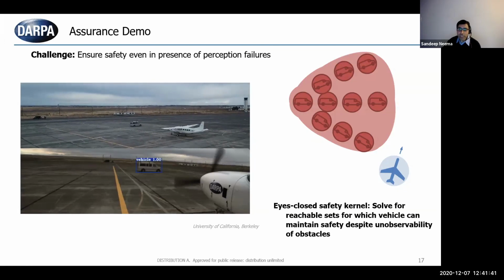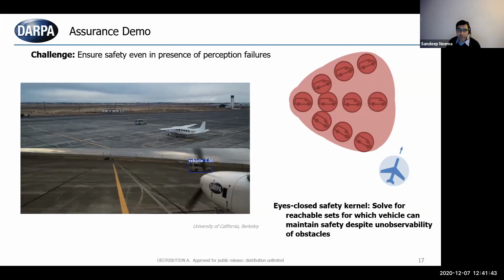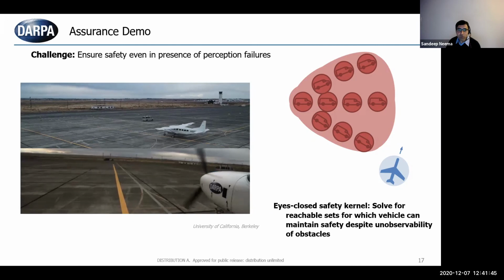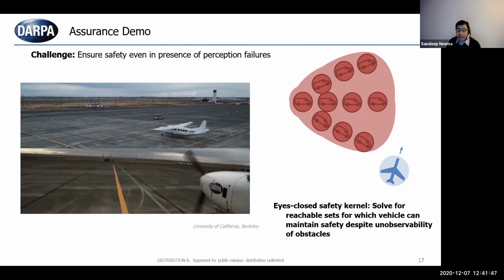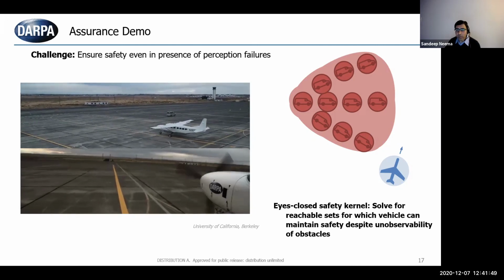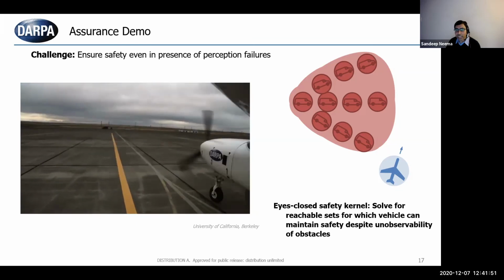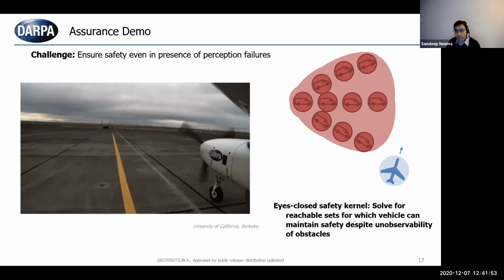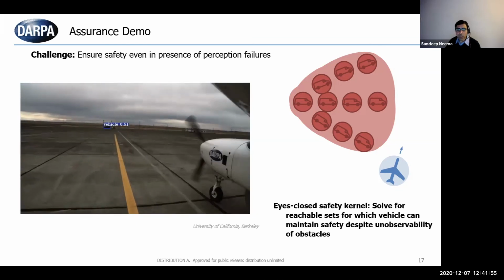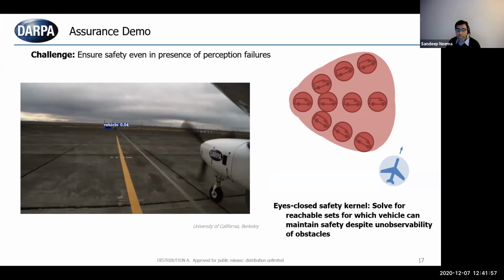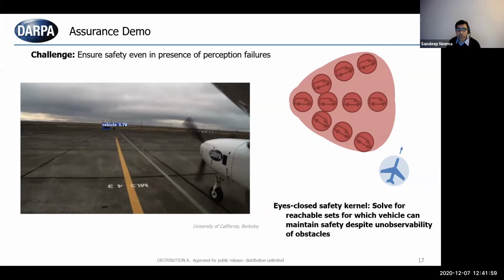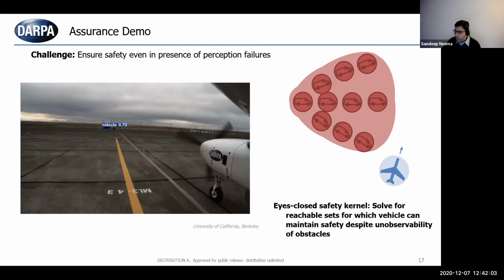And what you'll notice is that the vehicle reacts by stopping. Normally it would plan multiple possible trajectories that are still safe and can be executed. Once that degradation goes away, the vehicle can continue operating safely. So that was very exciting work that we were able to support through this program and participate in this